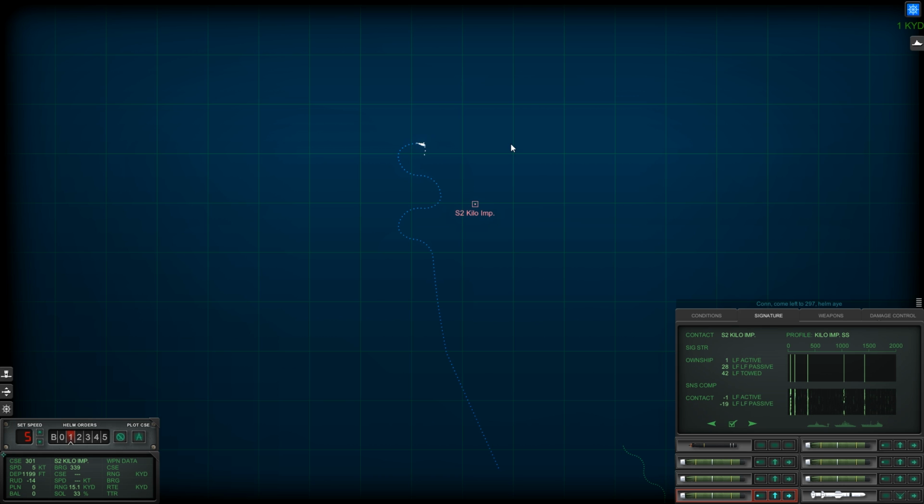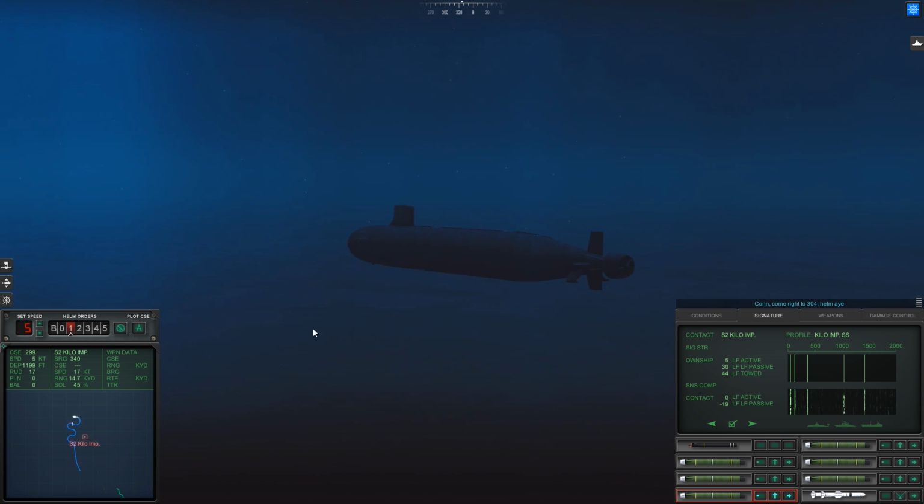And the torpedo's lost track here. And that looks like a bit of a search pattern. Come on, you can find it. It's right there. Come right to 304. Helm I. Alright, it's possible that Sierra 2 may have just managed to dodge the torpedo, so...